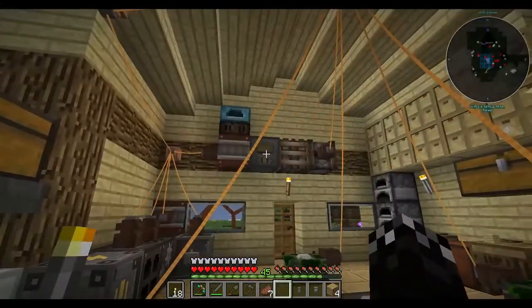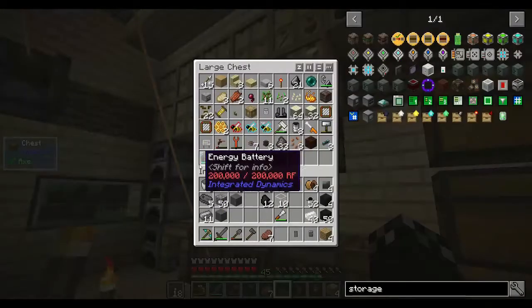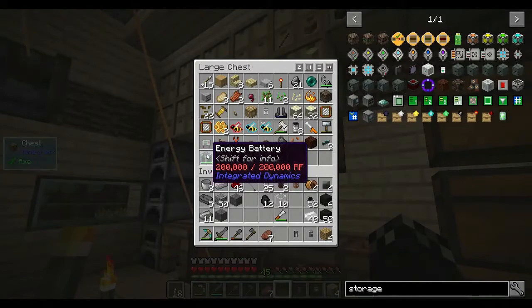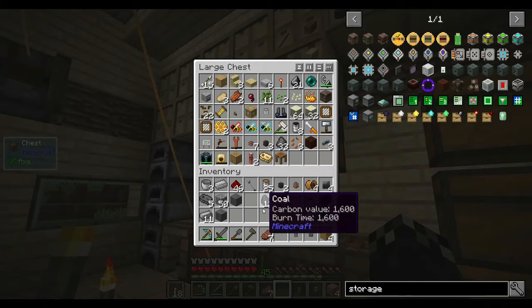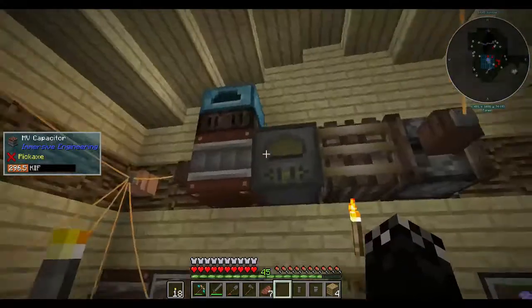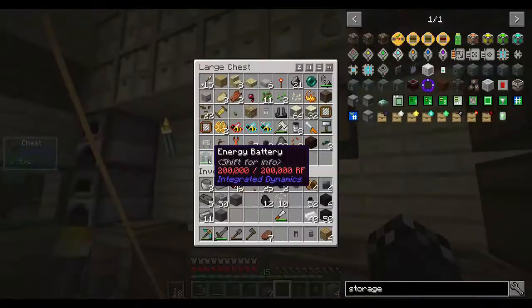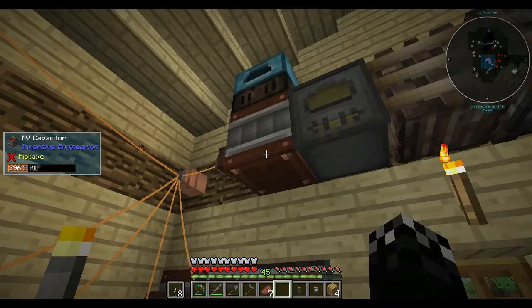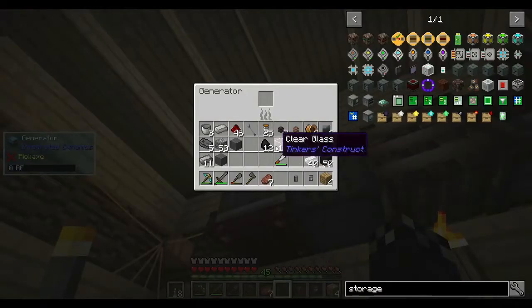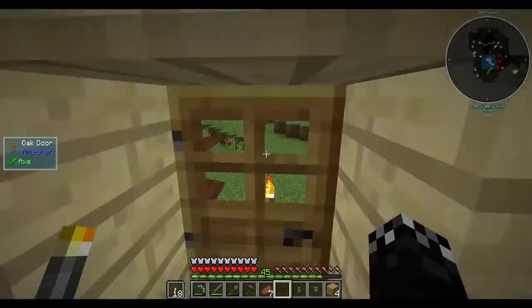So, first things first, that battery thing, this thing, I can't work out how to get the power back out of it. I've tried cables, I've tried their cables, I've tried these cables, I can't work it out. So, I've just stashed it away. It's got 200,000 RF in it. Not a big issue. We've got almost 300 here, which I'm occasionally just burning some coal in, and when I have...